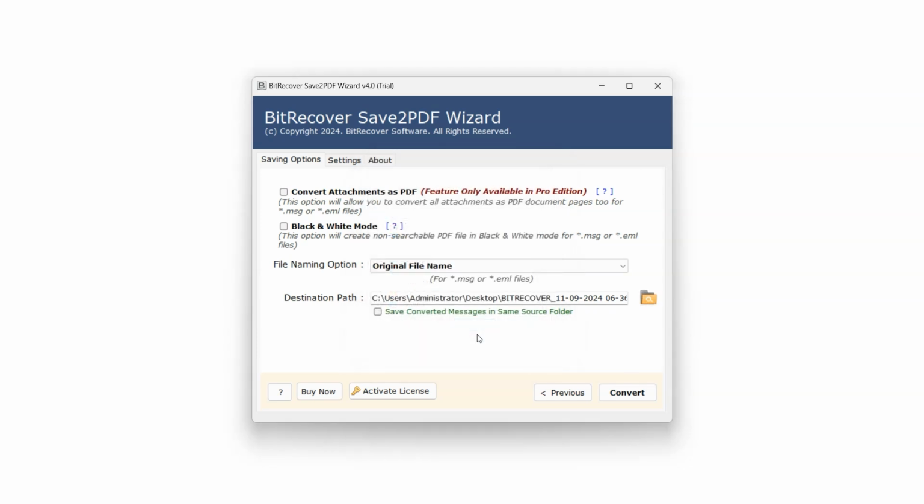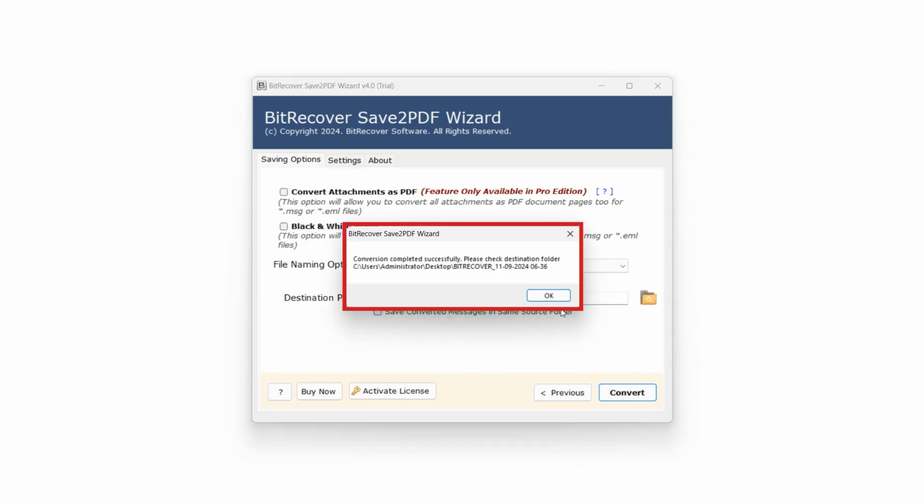After selecting the destination path, it's time for the conversion process. Simply click on the Convert button and the conversion process will start. Once the conversion is completed, you'll receive a notification box indicating that the conversion process was successful. Click on OK. The trial version of the BitRecover Save2PDF Wizard tool will only convert 25 files and will